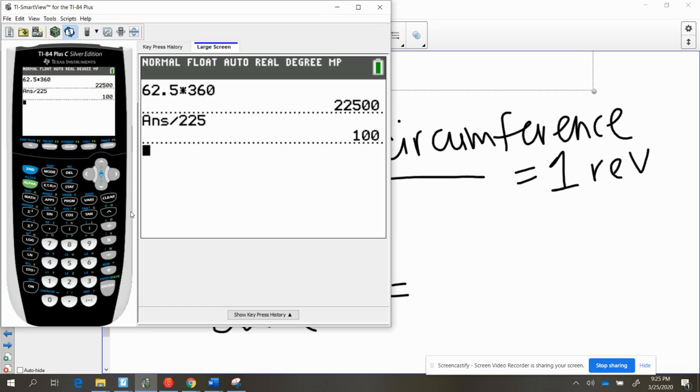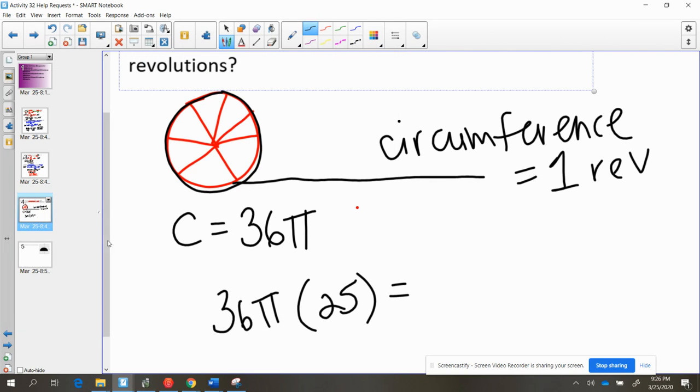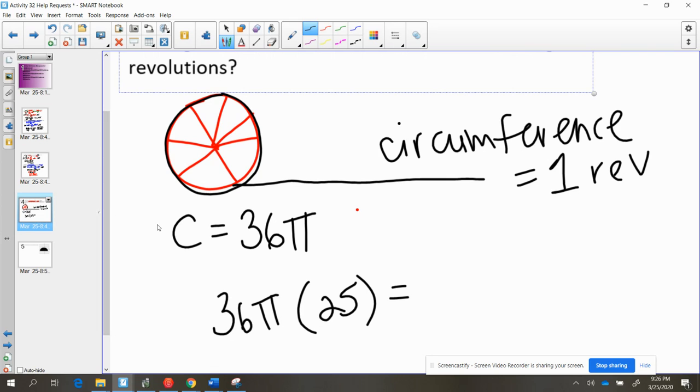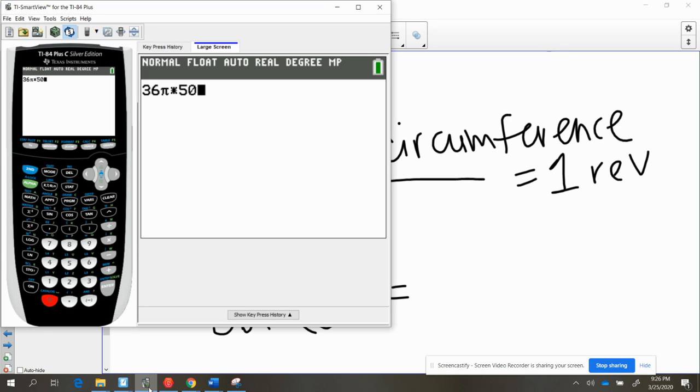Okay, so 36 pi times the, not 25 revolutions, excuse me, what am I saying, 25? 50 revolutions, 25 on your homework. Again, the 50 revolutions that it wants to go around in this particular problem is going to give us an approximate distance of